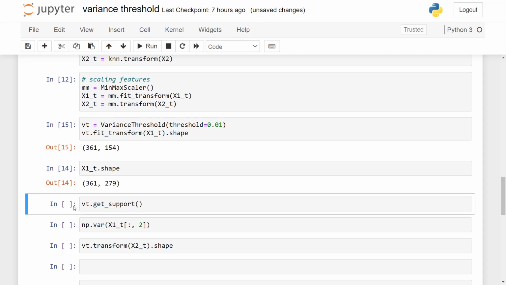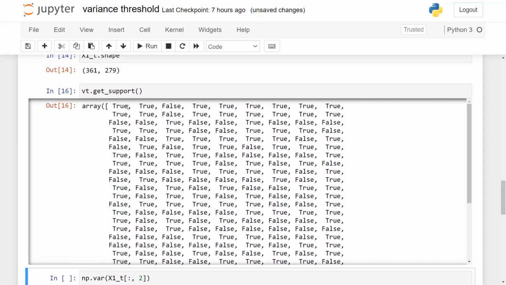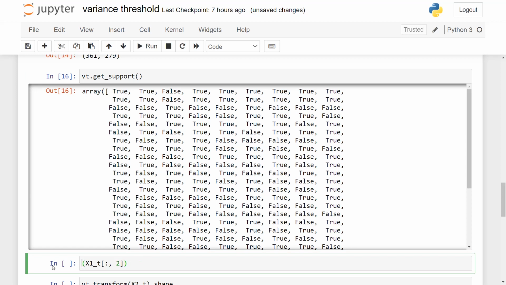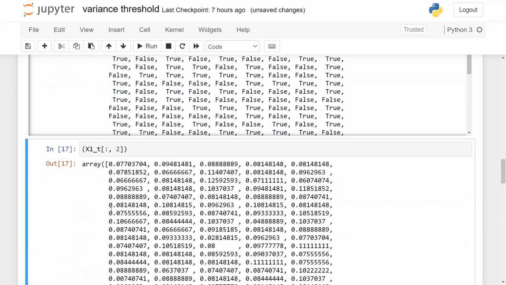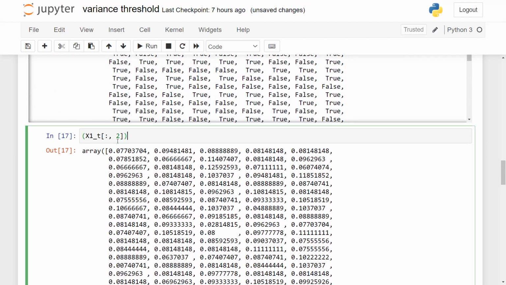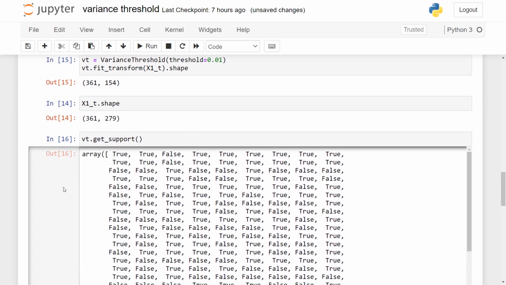Now if we do vt.get_support, this will give us an array of all the Trues and Falses. True means the column was retained and False means the column was discarded. Okay, so let us look at this False column. Why was it False? If we look at this afterwards, for the third column, these were the values. Now they may look different right now, but they are very close to each other, and hence the variance is a very small value, less than 0.01, and hence this column was removed.